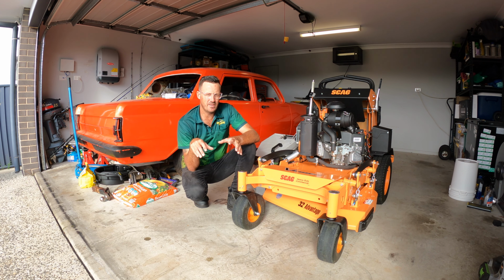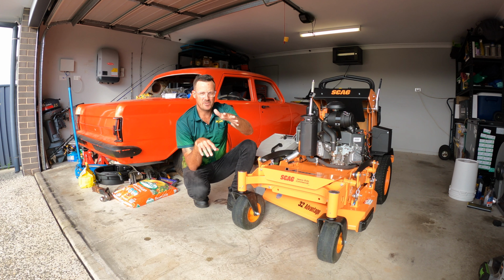One of the other things that I really love about this machine is how easy it is to maneuver. So it can be super precise when you get to those little areas where you've got to really be minuscule in your turning. This is a really precise way to get through gates and around corners and different things. And the biggest thing you've got to consider is when you're doing a 3-point turn